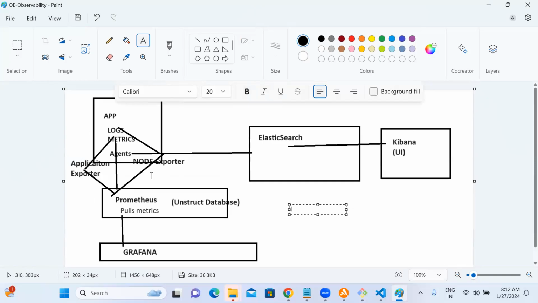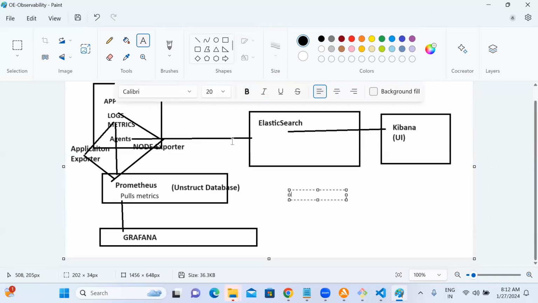This is the architecture we are going to implement. This is the total VPC setup. These environments, Elasticsearch, Kibana, Prometheus, Grafana, we will not keep in the public subnets. We will keep them in the private ones. This Kibana endpoint or Grafana endpoint, we will not give to end users.